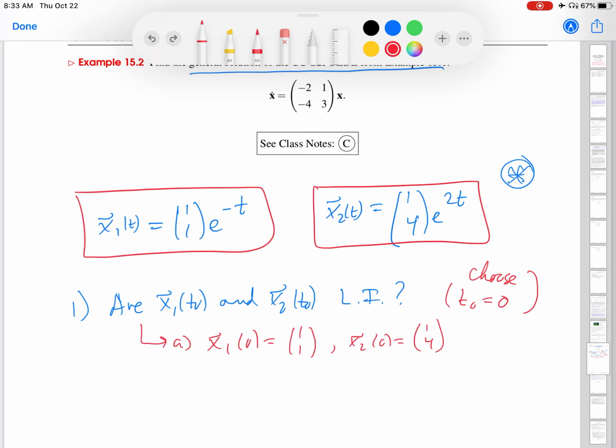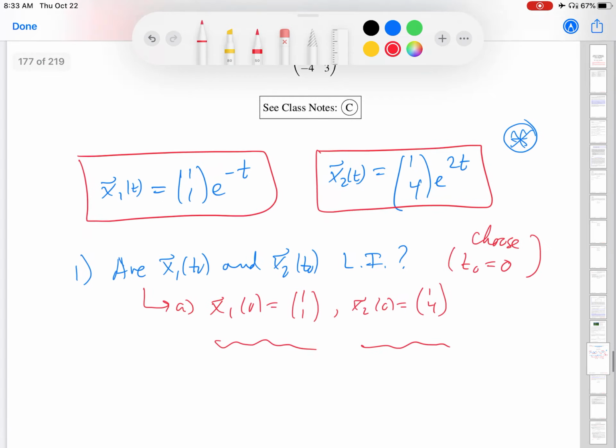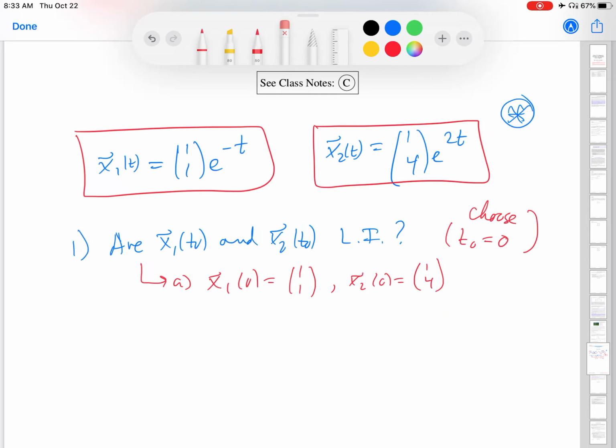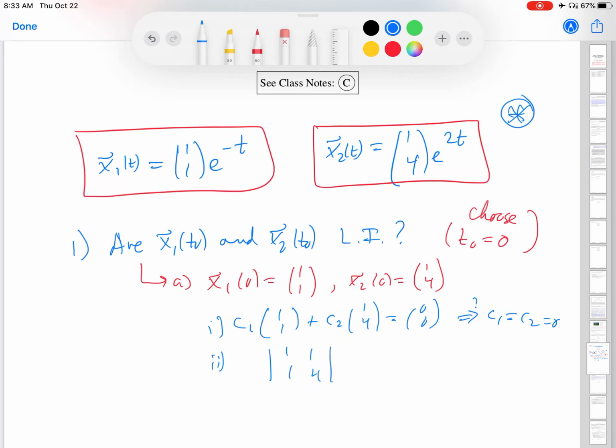Okay, so in class notes B, the more general way to do this, you don't need any assumptions about whether the eigenvalues are distinct. So I would use these two vectors, and I want to check whether they're linearly independent. And now I have at least two ways of doing that if we think back to the linear algebra content. We can form their linear combination, set it equal to the (0, 0) vector, and figure out if this implies that all the c's are 0. We can do that. Or method number 2,